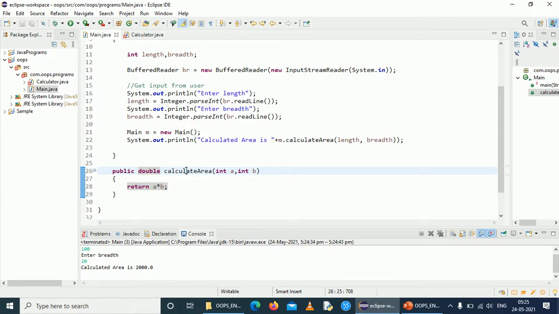Once it holds a name, it can be called whenever it is needed by the main method or main class, whatever it may be. It may or may not have arguments or parameters, and it may or may not have a return type. This is the explanation of methods in Java, and these are also called functions in C and C++. Those functions are called methods in Java.